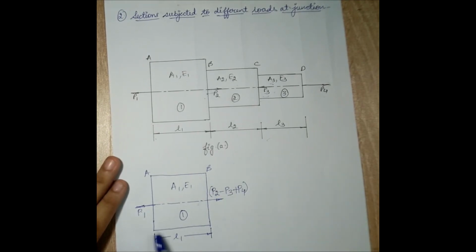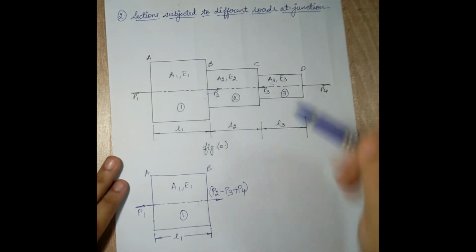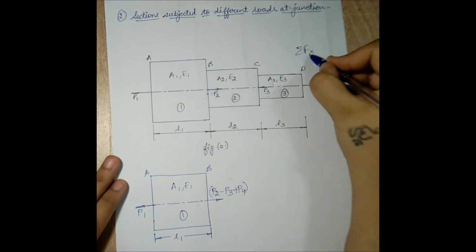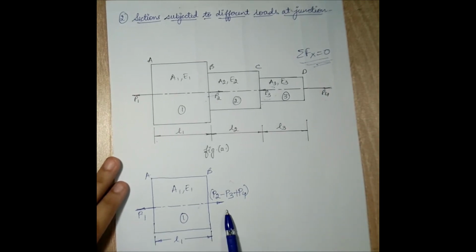So here you can see that P1 is actually equal to P2 minus P3 plus P4, which is true because this bar is in static state. So D'Alembert's principle is applicable. Summation of force along x-axis is equal to 0. If I know the value of P1, P2 and P4, and I don't know P3, obviously I'll have to use this equation. I can calculate P3. So if I can calculate the values using D'Alembert's principle, I can use the same principle here as well. So I can say P1 is equal to P2 minus P3 plus P4. Next I'll solve for CD in a similar fashion.